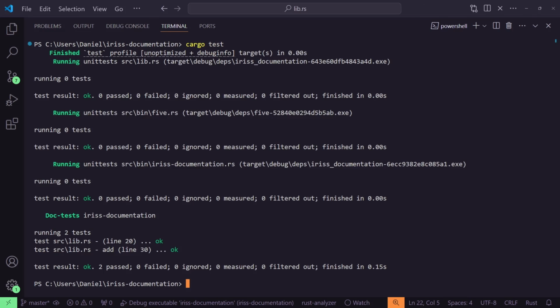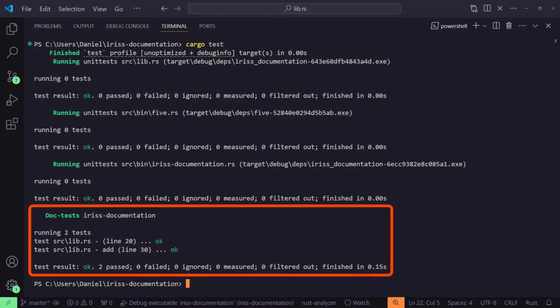Some people say tests should be the documentation, but here we say the documentation should be the tests. Well, okay, not the tests, you absolutely should still write your unit tests and everything else, but without doing anything else to our project, let's try running cargo test. There's a few things to notice here. First, we seem to have 4 suites of tests. Second, we have 2 passing tests, but we didn't write any tests, did we?